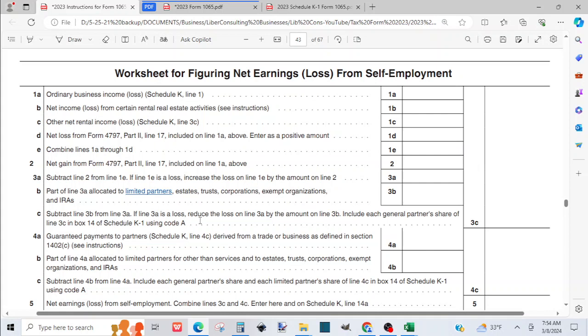If line 3B is a loss, reduce the loss on line 3A by the amount on line 3B. So include each general partner share of line 3C, which is line 3A minus line 3B. You'll put that on Schedule K-1, box 14 with code A, and then they continue